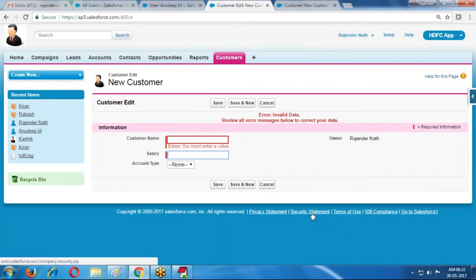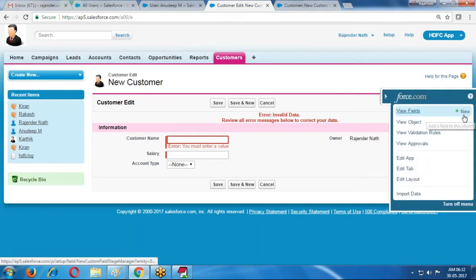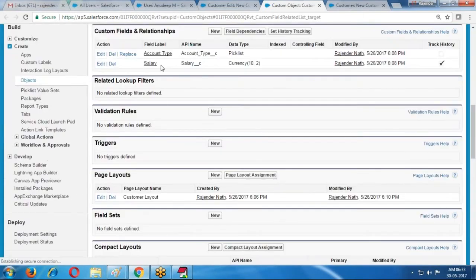Now, once again, I am creating these two fields also. Last time I did not show it, so from the beginning, how to create the fields.